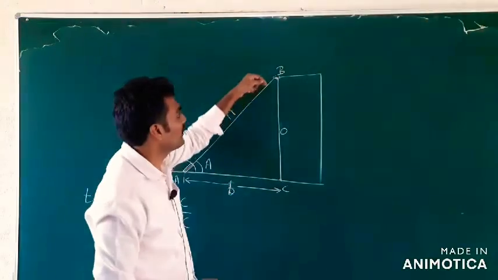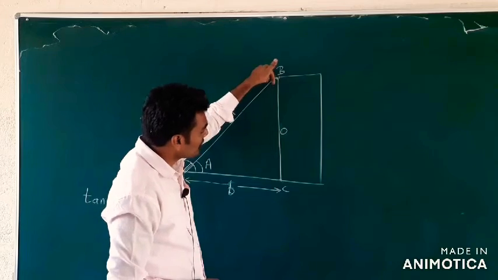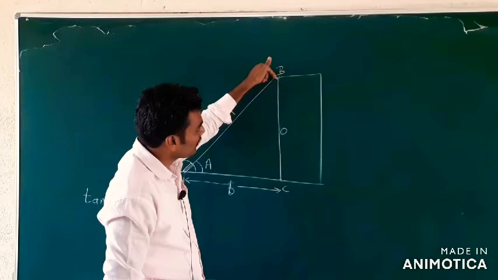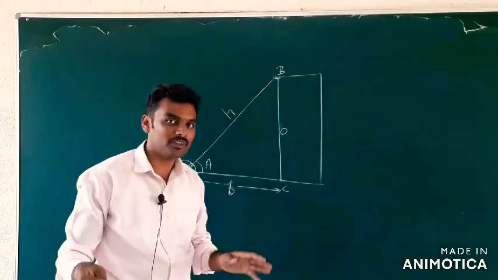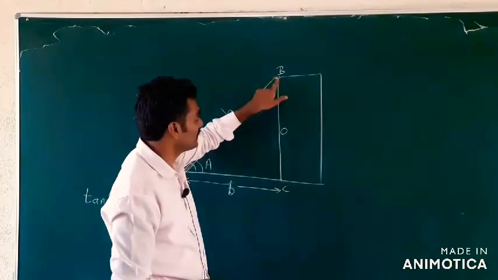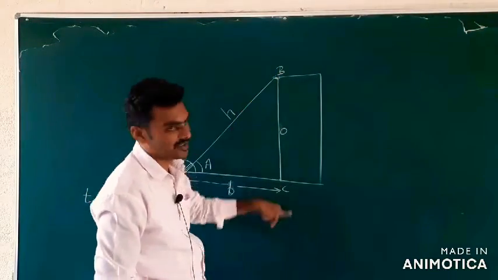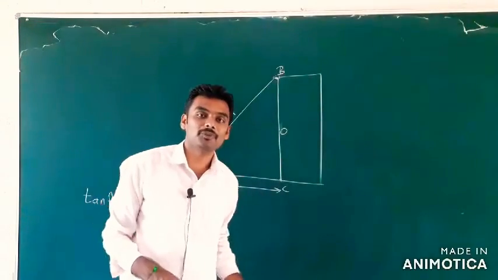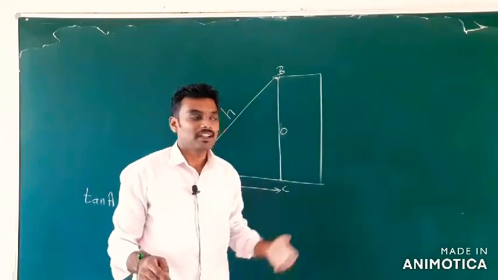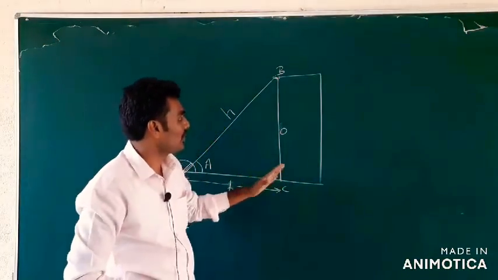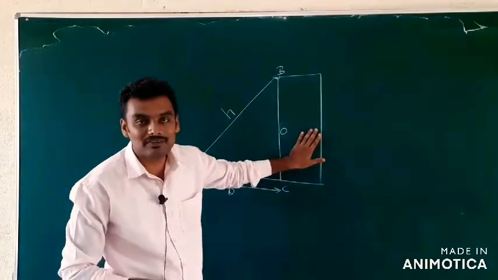We might have directly measured the building's height using the measuring tape from point B itself, right? What you're thinking is right. We could have measured the height from point B itself using the measuring tape, like what we did in the previous experiment. But think over a situation where you do not have this kind of building.